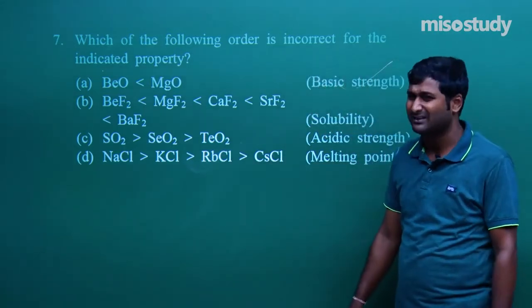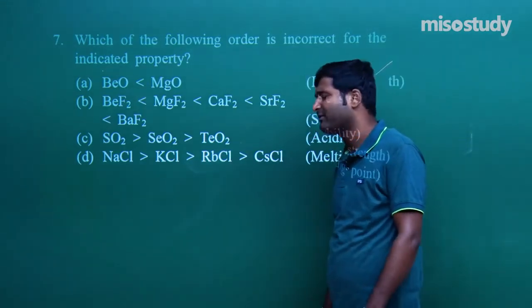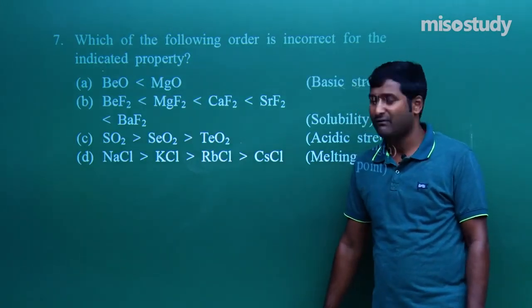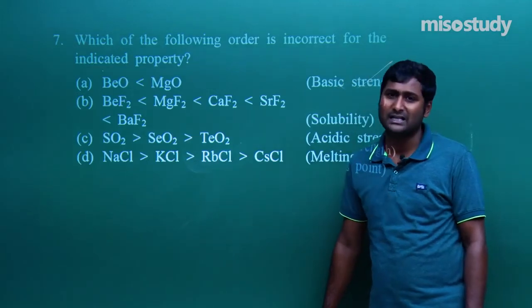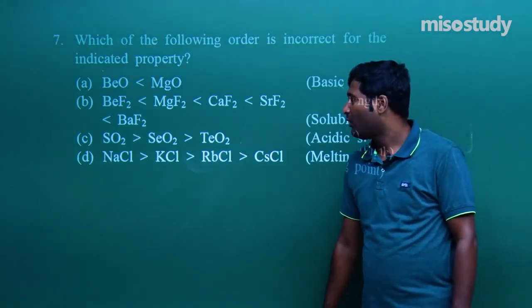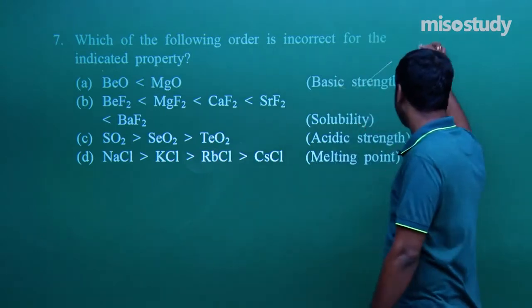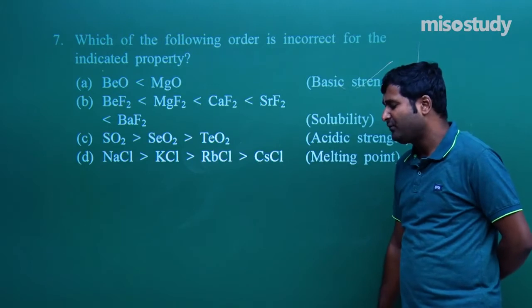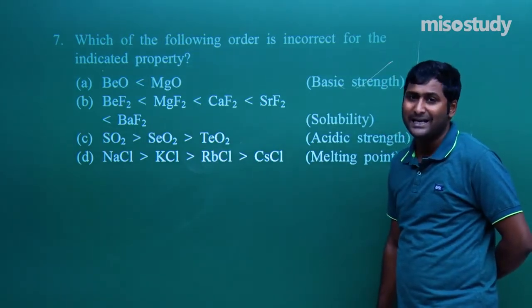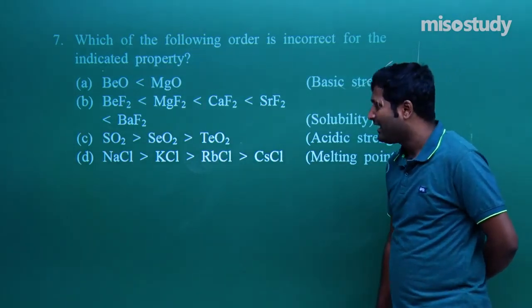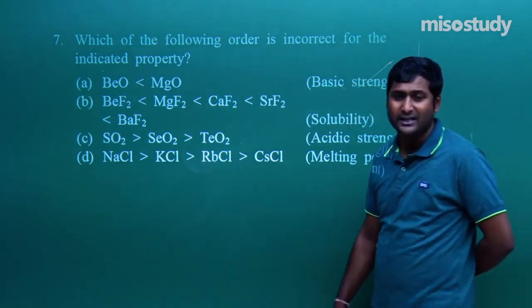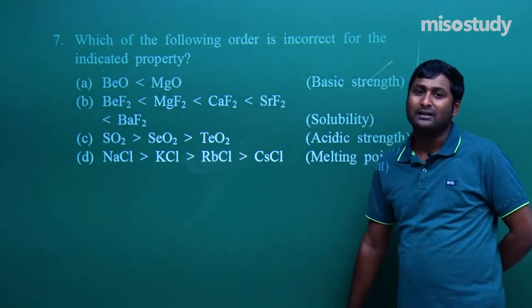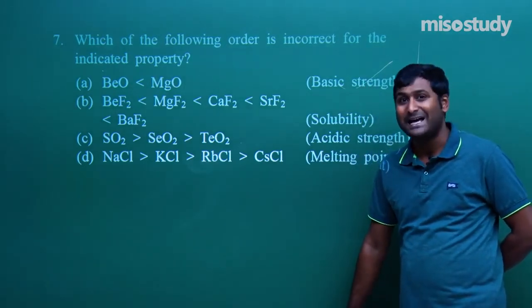This is in class 12, so that doesn't matter, because we are preparing for the JEE Main examination, and JEE Main questions are from class 11th as well as class 12th. So what to do in this case? As we know, if we move down the group, the metallic character increases. Then the oxides of metals are basic in nature and the oxides of non-metals are acidic in nature.